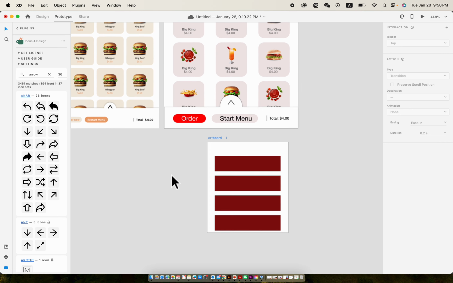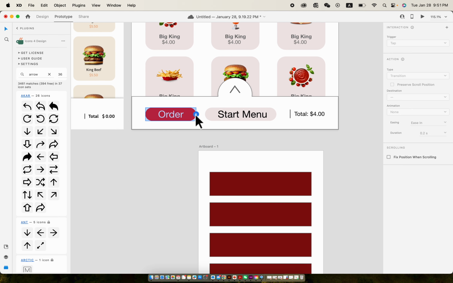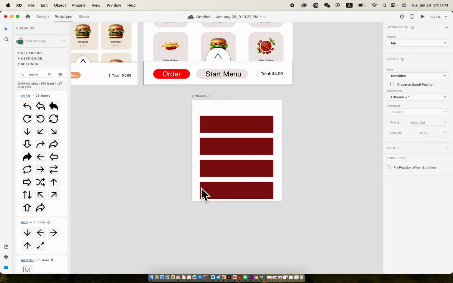I want to say when I click on order, this menu pops up. It's the same thing as Figma, we just drag a noodle here to connect both elements. The trigger is tap, right? When I tap